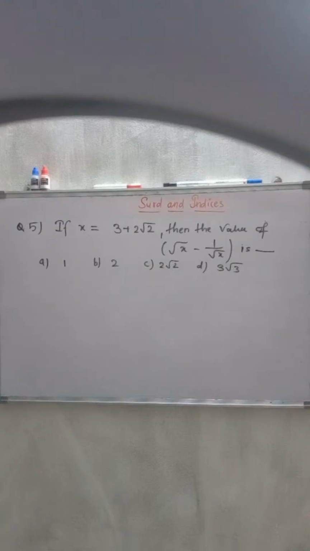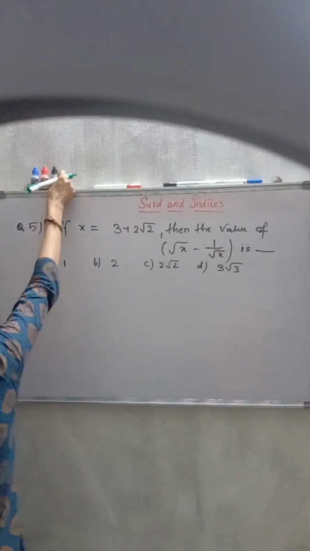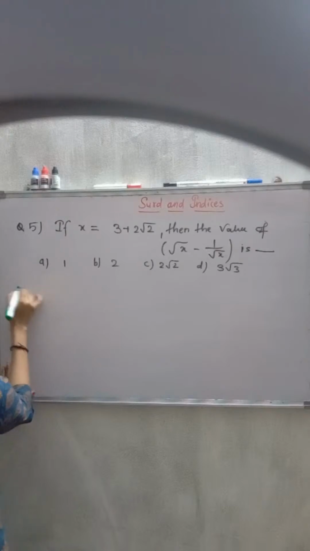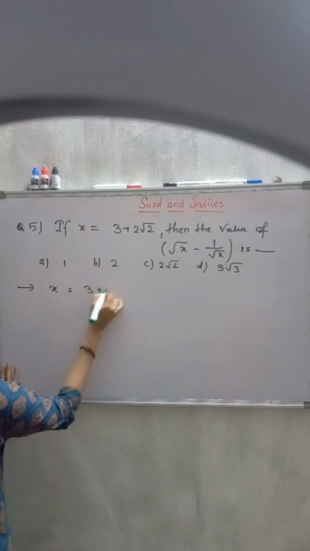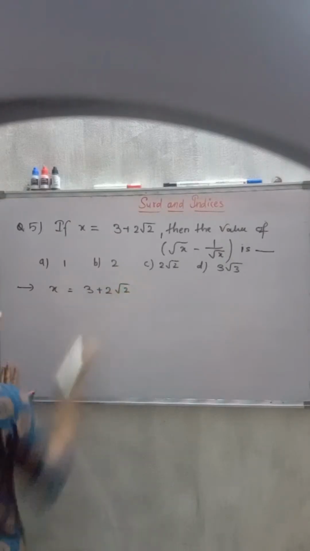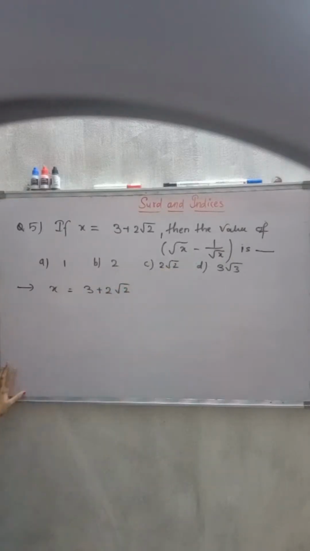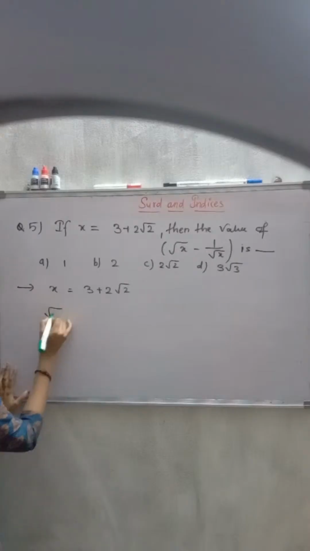So let's solve this. x is given as 3 plus 2 root 2. We want the value of root x minus 1 by root x. So taking root on both sides, we get root x equal to